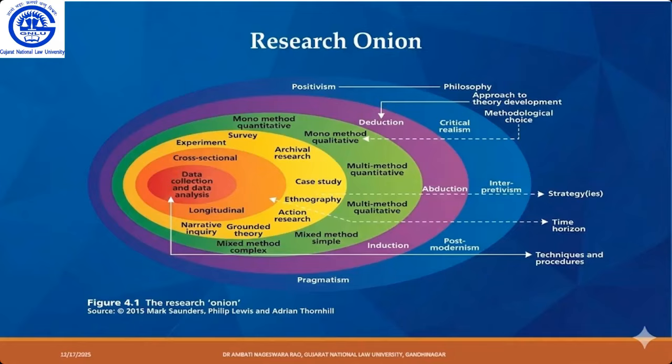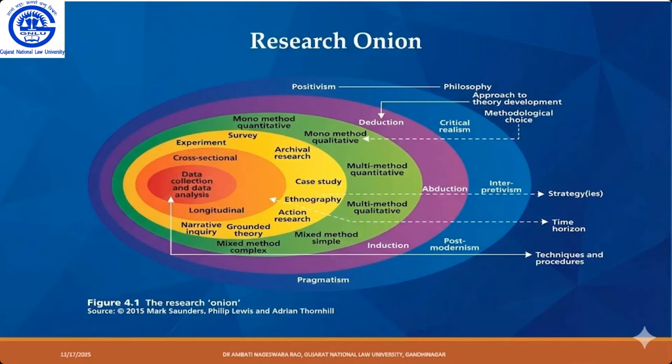Having knowledge about the research onion is going to help us in how we conduct our research. And we'll also get the confidence about whether we are conducting our research in the right manner. Are you able to conduct the research in a systematic manner, step by step? If you talk with any PhD scholar, or scholars in the early stage of their career, and ask what kind of research they're conducting, they simply say, sir, I'm conducting survey method, I'm conducting observation method, I'm conducting